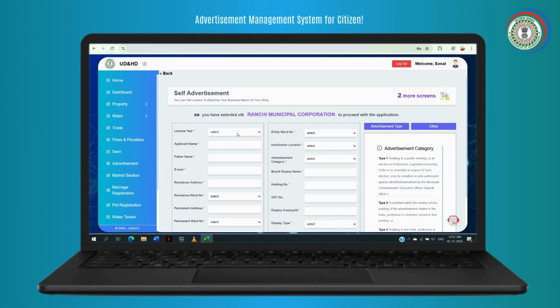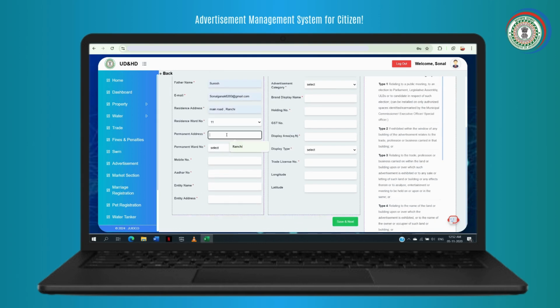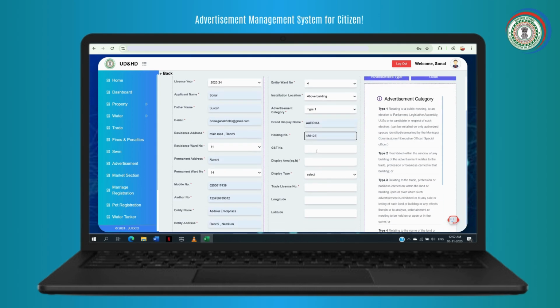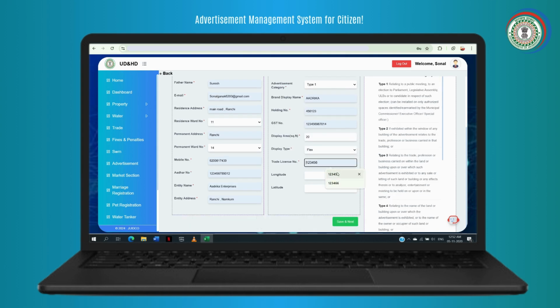The user must fill in all the required details in the registration form, including license year, applicant name, father's name, email, residence address, residence ward number, permanent address, permanent ward number, mobile number, Aadhaar number, entity name, entity address, entity ward number, installation location, advertisement category, brand display name, holding number, GST number, display area in square feet, display type, and trade license number.